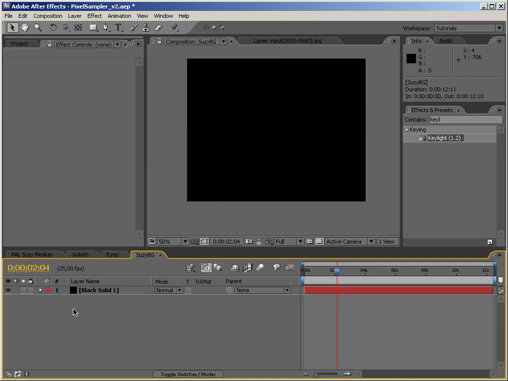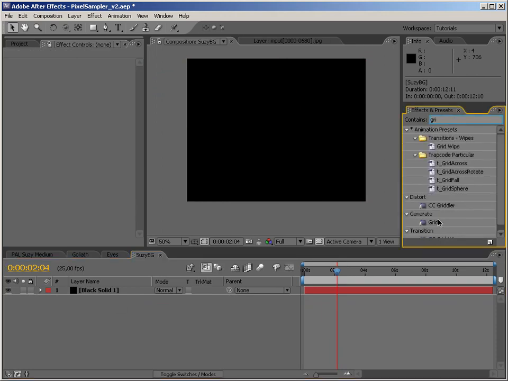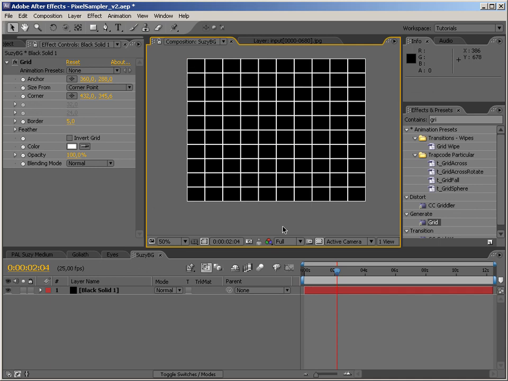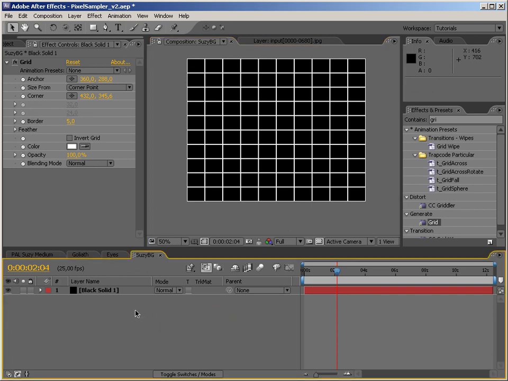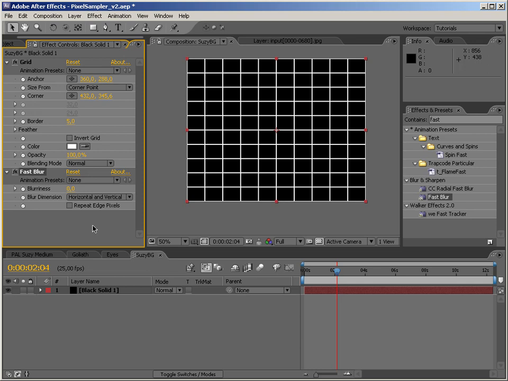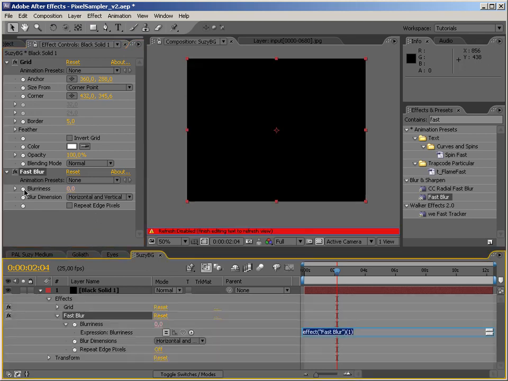Let's alt double click on this and let's apply grid effect and set the blending mode to normal so we don't get any transparent pixels. And now let's apply fast blur effect. Why am I doing this? Just wait a second. Alt click on the blurriness to reveal the expressions, and let's type in wiggle, which is,